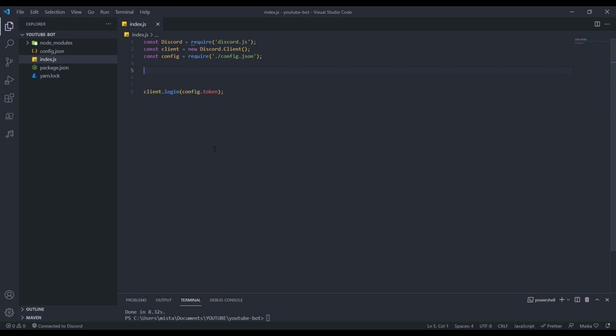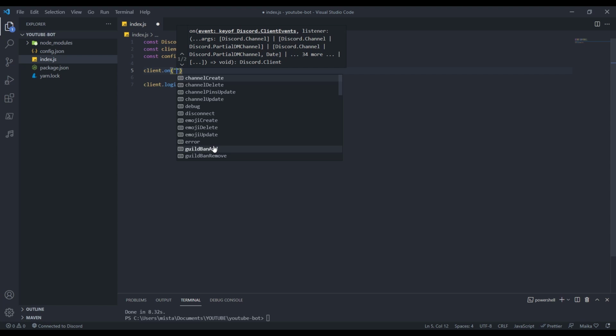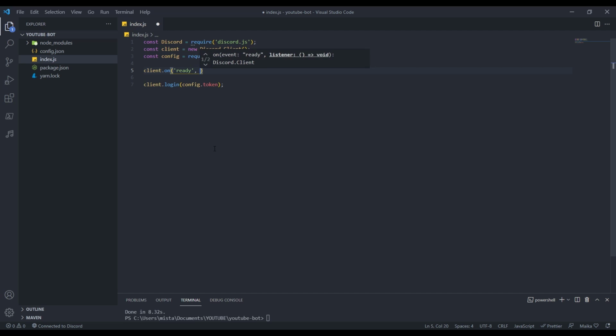Now this checks if the bot is online. Let's do this. We'll do client.on, brackets, and we need quotation marks here, but I'm just going to use these. Ready. Just do more brackets, then we do the arrow sign. Oh no, equal arrow, then some curly brackets, and then here we'll do